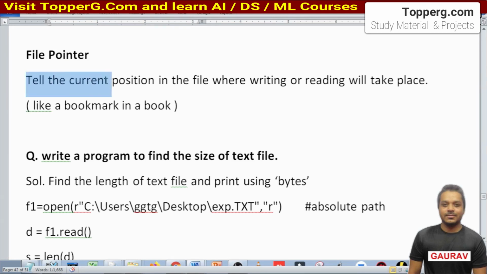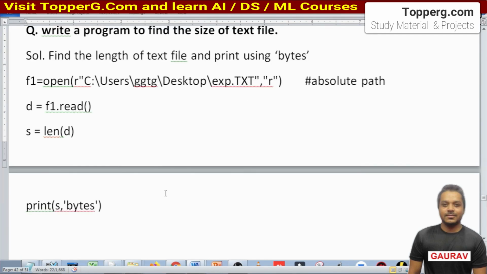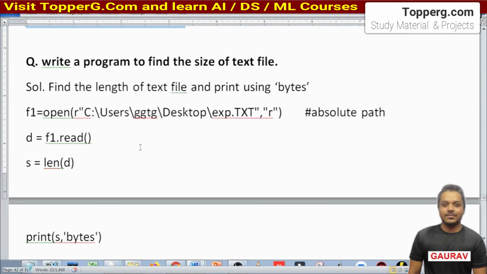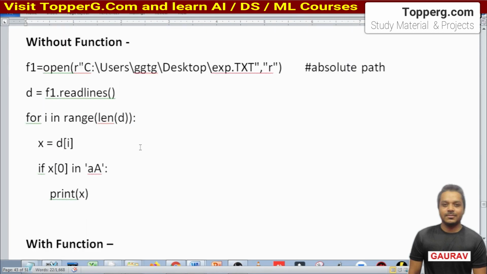The file pointer tells us the current position in the file where the reading or writing will take place, like a bookmark. Okay, so you know how to work with a CSV file or how to work with a text file. You know that. So there are some programs that you can take a screenshot of, okay, and you can practice them.